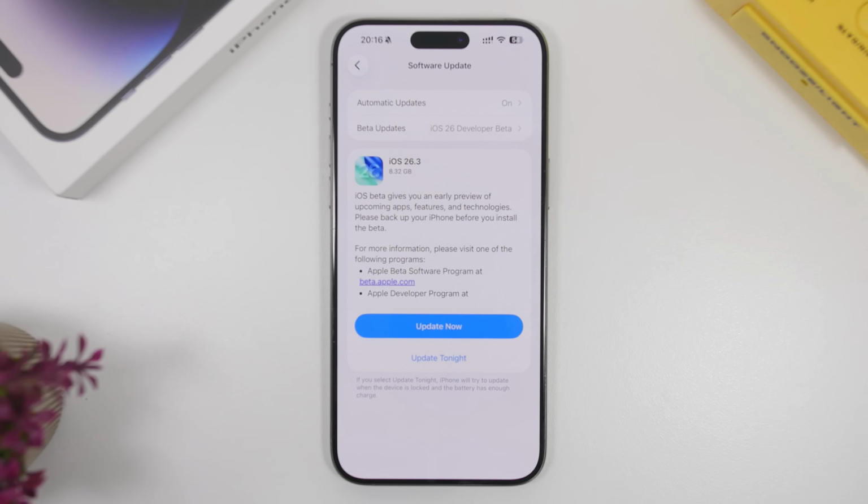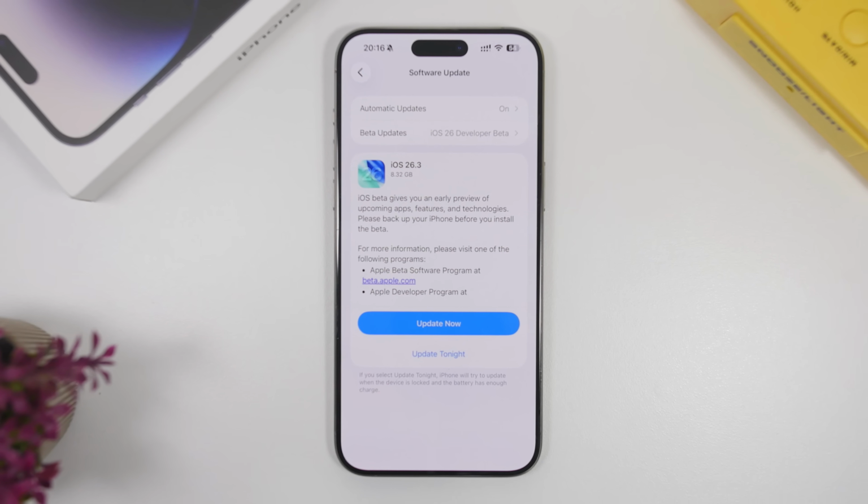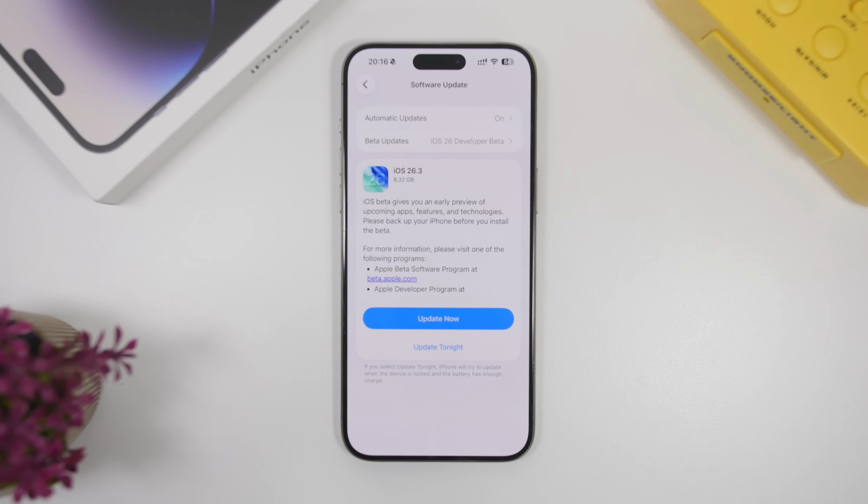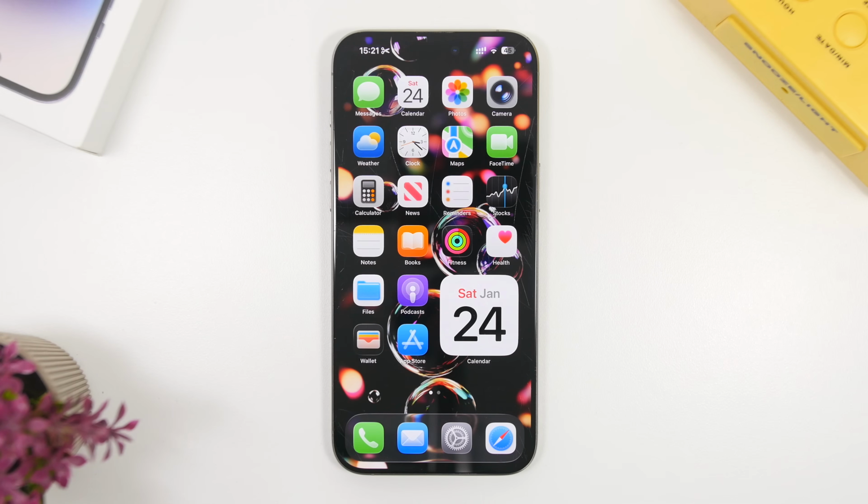And this week we had been expecting Apple to release beta 3, but it didn't happen. Most likely it will come on Monday, or most likely that will be the day that Apple releases the RC version, because I don't expect any more betas for iOS 26.3, and hopefully with a public release very soon. It could happen even as soon as Wednesday, the same day that Apple will release the new Creator Studio